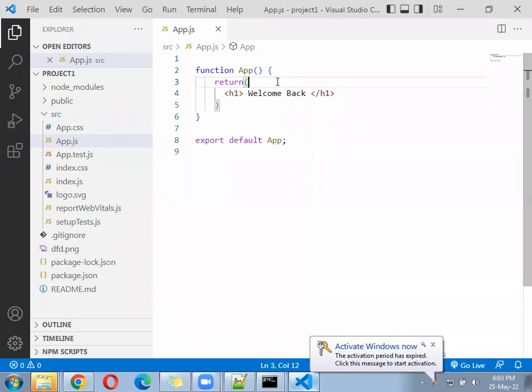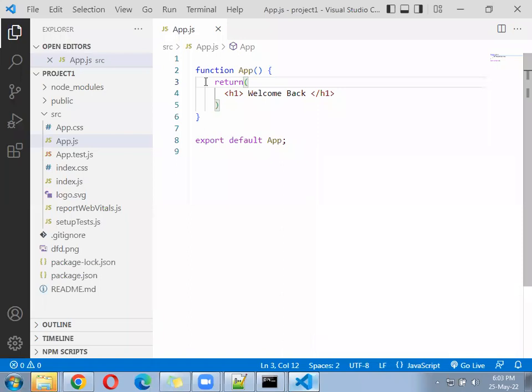Default and all you have deleted. Can you see the last line? Export. Right there. Okay, hope it is working.